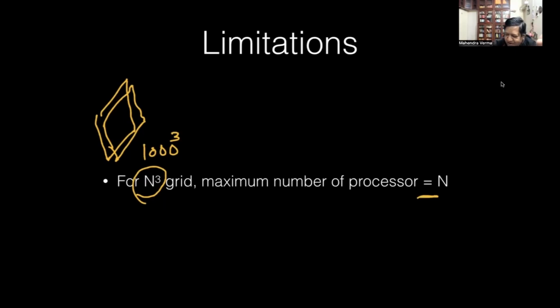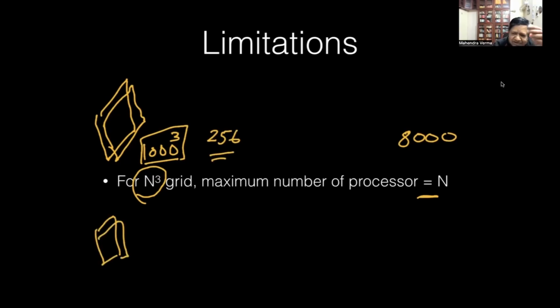Now supercomputers tell you that if I'm working with 1000 cube, do not use 1000. Use, let's say, 8000 processors, because I can do it faster. With 8000, I can do faster than with 1000. In fact, a slab with 1000 will not be very good. If I'm doing slab decomposition with 1000 cube, I should use something like 256 processors, because there must be at least 4 slabs. If you have 1 slab each, it's not efficient. There will be data communications. So if you want to use processors more than N, then I should use something different.